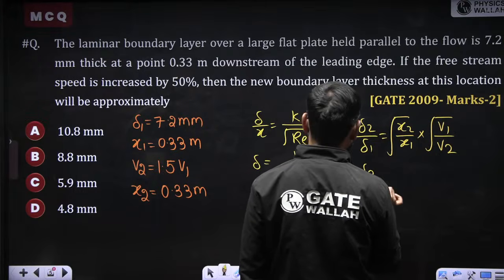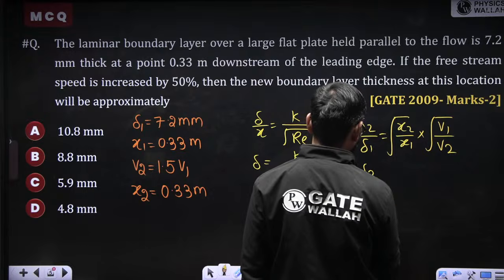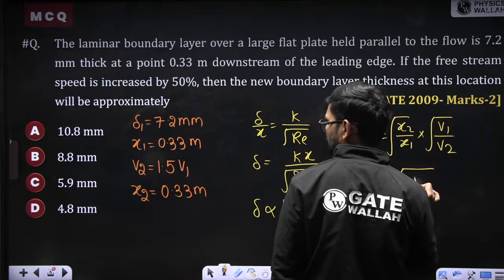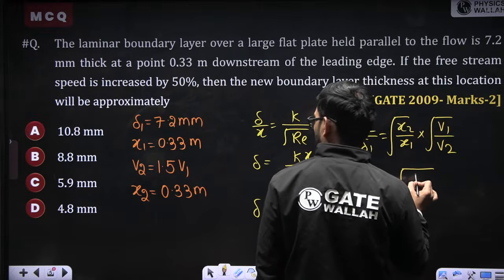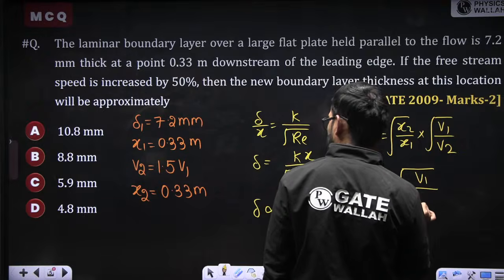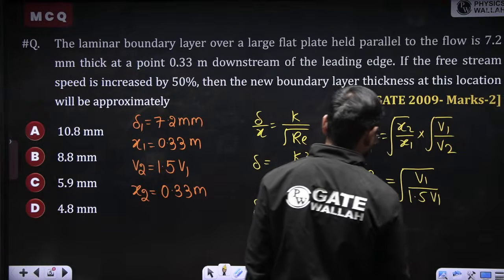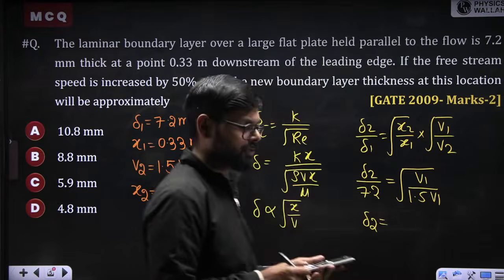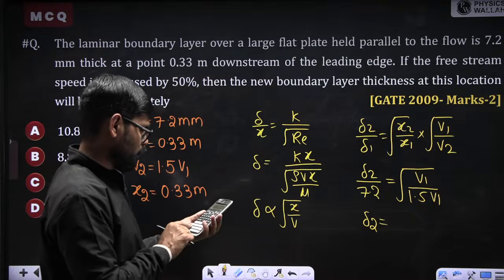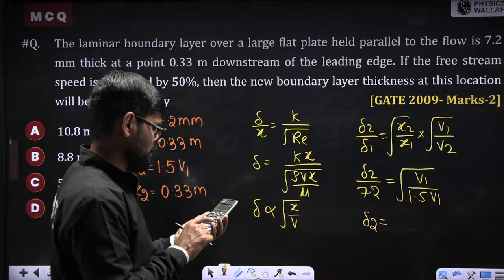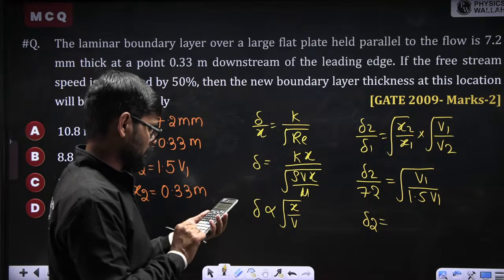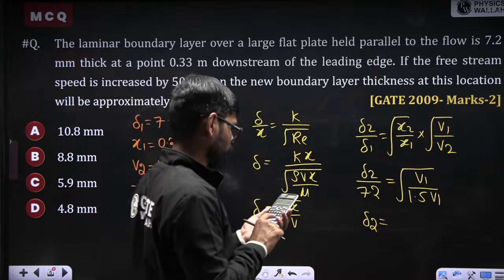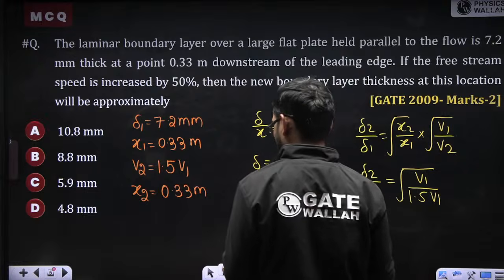So delta 2 by delta 1 7.2 is equal to, this value is same only, so under root v1, let's say, v1 I'll write v1 only, this value I have 1.5 v1, so delta 2 value will get from here. What is the answer? So 1 by 1.5 under root of this into 7.2. So this value will come 5.9